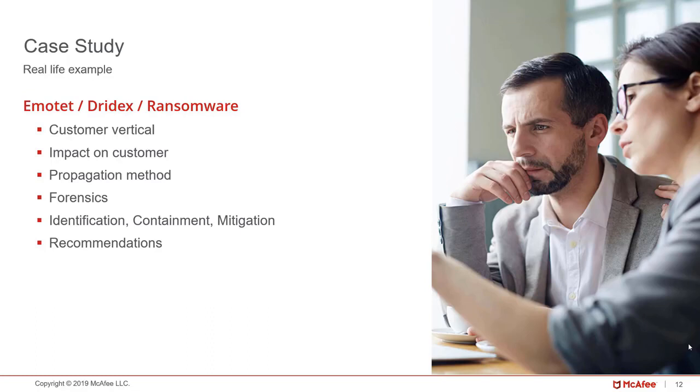But we have seen this trend with ransomware over the last 2 years. The verticals are many, across all the different verticals. And we've even seen Dridex and then iEncrypt with some customers. So overall, it's understanding what the threat is, and it's impacting customers all over. The propagation methods can be a little bit different. I mentioned the use of PSExec, the use of PowerShell, but there are other tools out there with